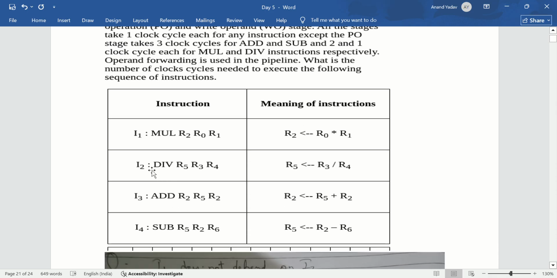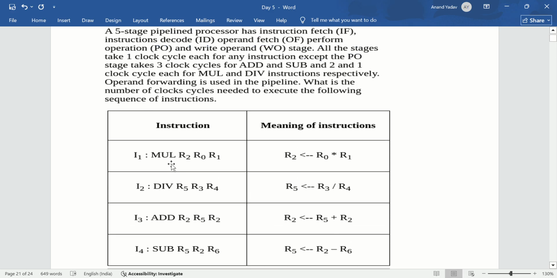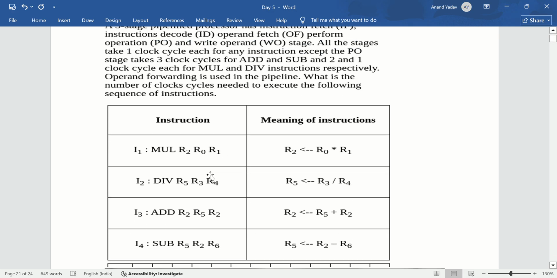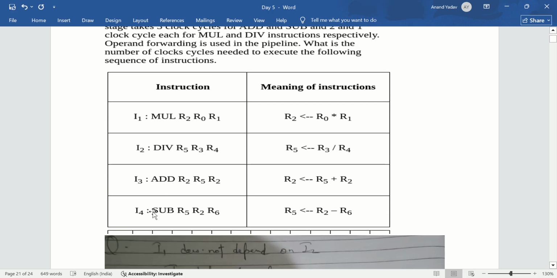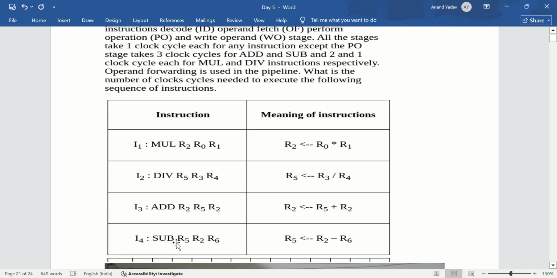So one stall is created here, and I3 also creates 2 stalls because it takes 3 clock cycles, and I4 also takes 3 clock cycles and creates 2 stalls. Total 5 stalls are created in this